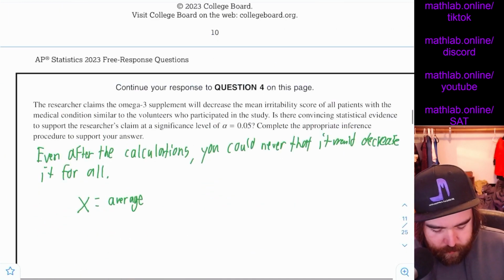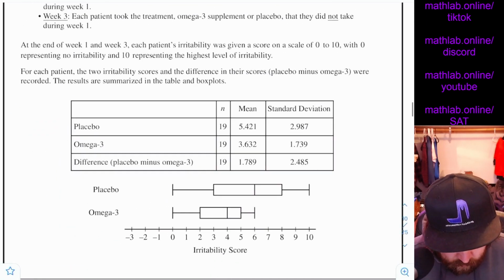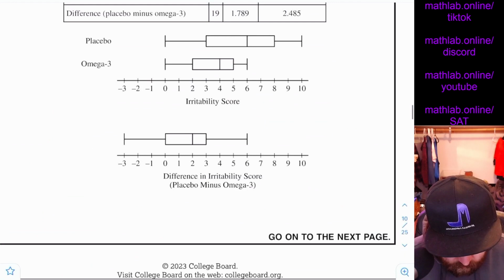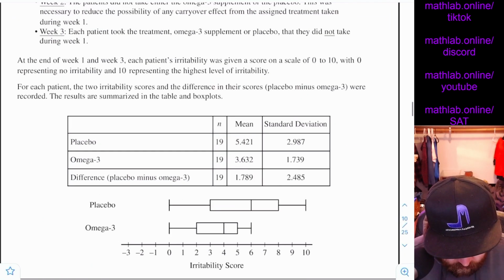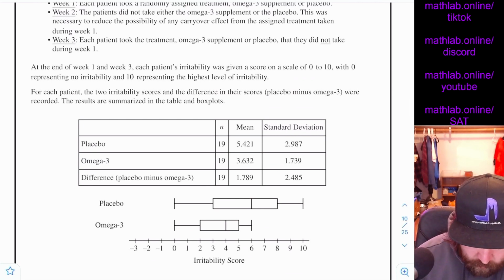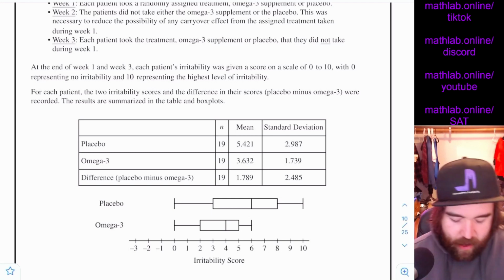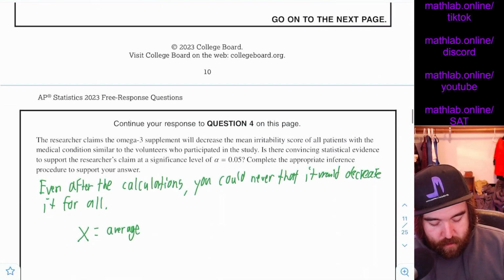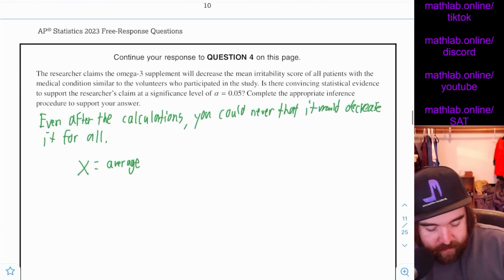Placebo minus omega-3? Wait, what? For each patient, the 2 irritability scores are posted. So they did placebo minus omega-3. So if placebo was bigger, oh yeah, higher irritability. Yeah. So X is the average